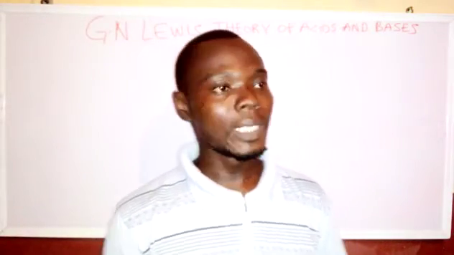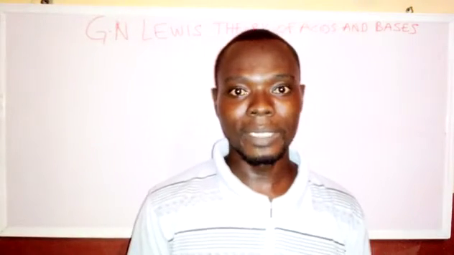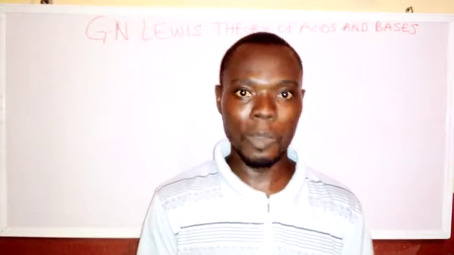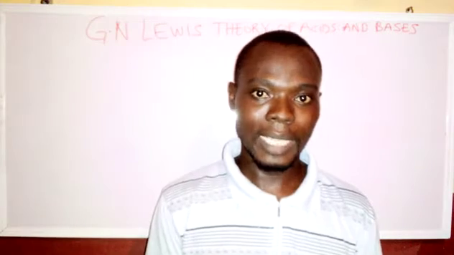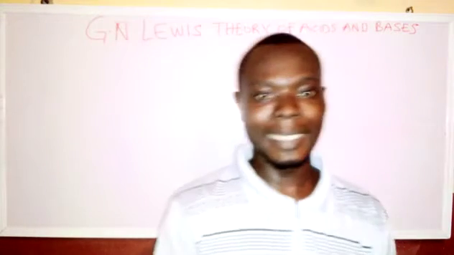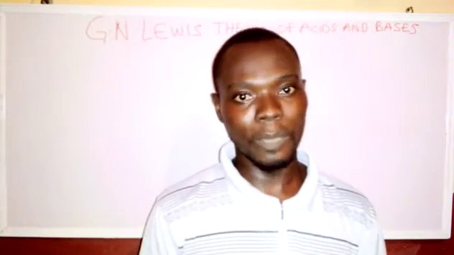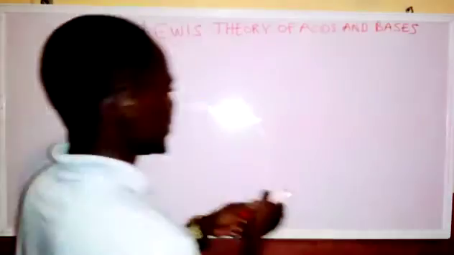Now, what is a Lewis acid? A Lewis acid is a substance that accepts electrons to form a coordinate covalent bond. That's a Lewis acid. While a Lewis base is a substance that donates electrons to form a coordinate covalent bond. So that's it. In summary, we can say a Lewis